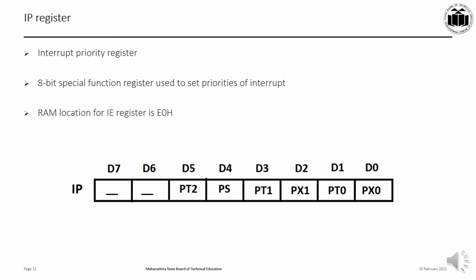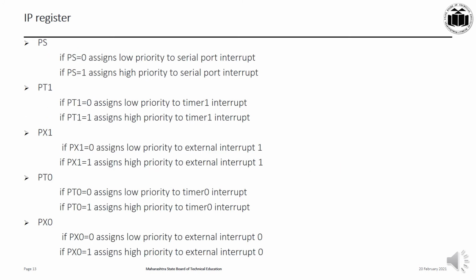So this IP is the 8-bit special function register which is used to set the priorities of interrupts, and the RAM location of the IP register is E0H. As discussed earlier, to give a higher priority to any of the interrupts, we make the corresponding bit in the IP register high. So PS refers to the serial communication interrupt, whereas PT1 is used for timer 1 interrupt. PX1 is used for external interrupt 1, and PT0 is used for timer 0 interrupt, and PX0 is used for